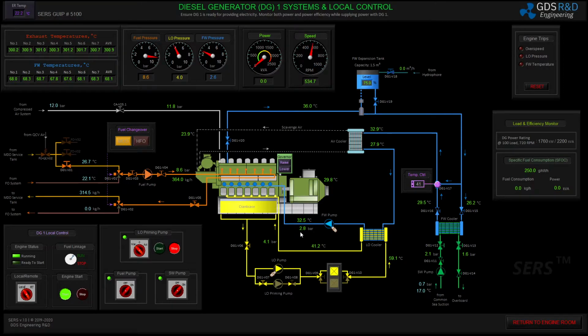Freshwater pressure is rising up around 3 bar, and lube oil pressure is about 4.3 bar. My engine speed is supposed to rise up to 720 RPM. I will connect my diesel generator from remote position